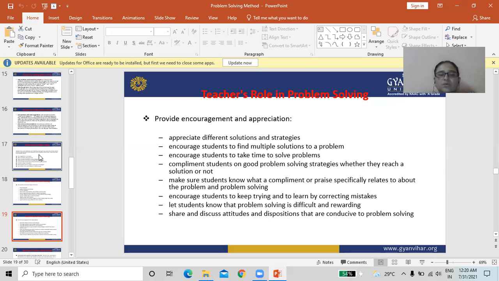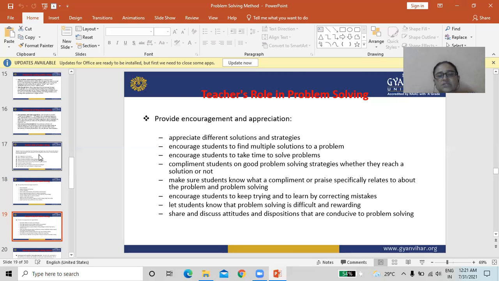Make sure students know what a complete answer is, and use phrases specifically related to the problem and problem solving. Encourage students to keep trying and to learn by correcting mistakes. Let students know that problem solving is difficult and rewarding.